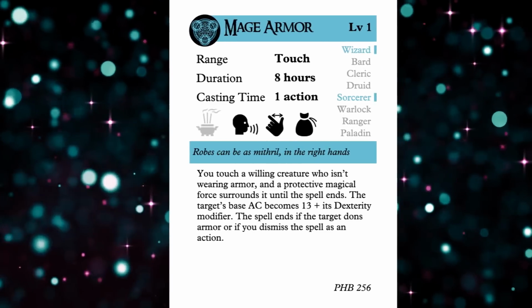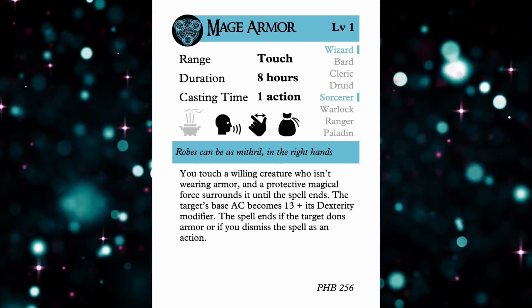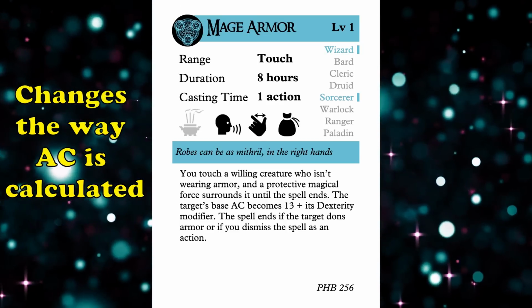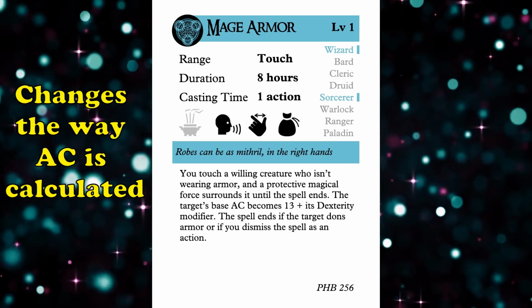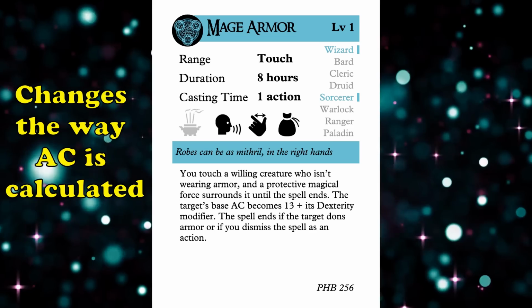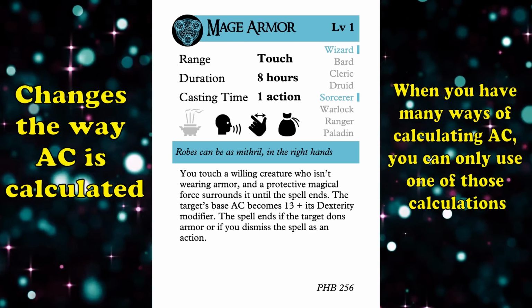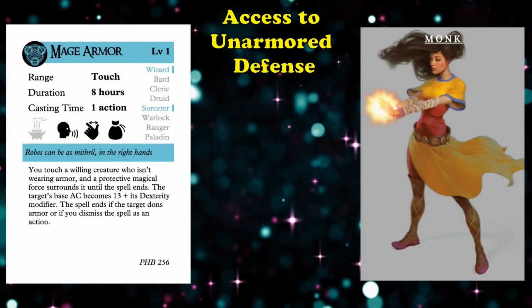But there are some downsides to taking this spell with Magic Initiate which prevents this spell from being higher on this list. First off, it changes the way AC is calculated rather than providing any direct benefits to whomever is using the spell. By default, AC is calculated as 10 plus your dexterity modifier. But the way AC works is that whenever you have multiple ways of calculating AC, you can only use one of those calculations. So if, for example, you're a monk and you have access to the unarmored defense feature at